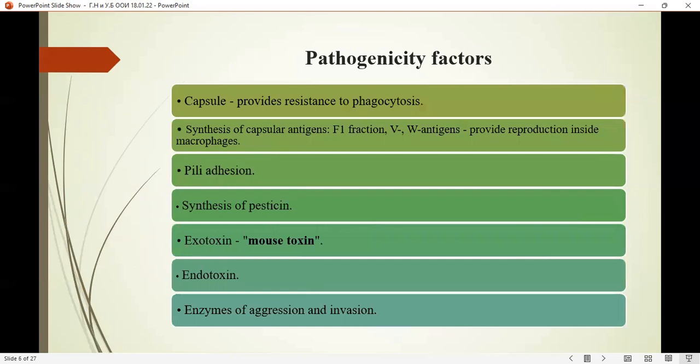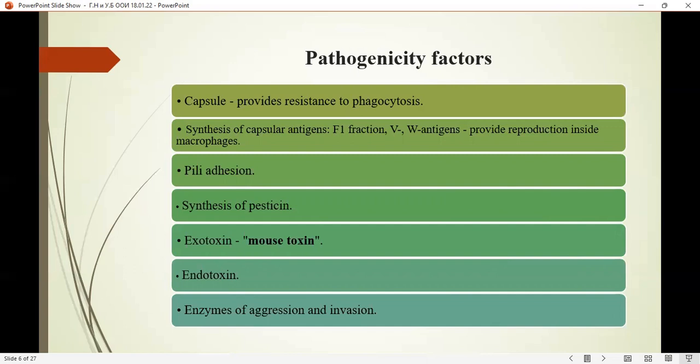Pathogenicity factors. The virulence of the plague pathogen is associated primarily with its adhesion to the epithelial cells of various organs and tissues, depending on the entrance gate of infection. The capsule and surface structures of the cell wall are involved in adhesion. Various enzymes and toxins produced by these bacteria are involved in invasion and aggression, such as suppression of the phagocytic